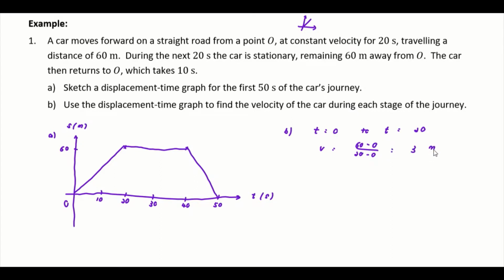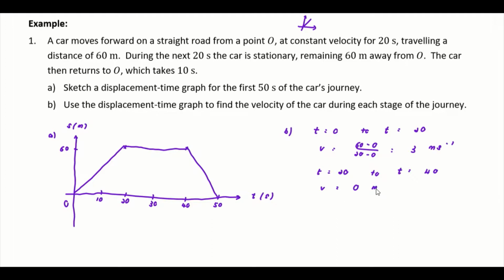here. Okay, then the next stage will be t equals 20 to t equals 40. You can see that the displacement doesn't change, and that means there's no change in displacement with respect to time. So your velocity will be 0. Or if you use 60 minus 60 divided by 40 minus 20, you are going to get 0